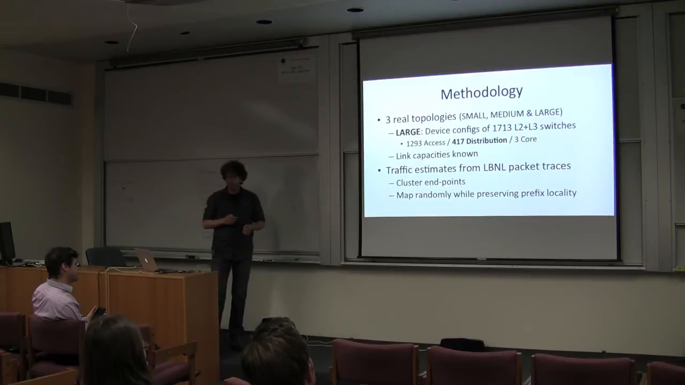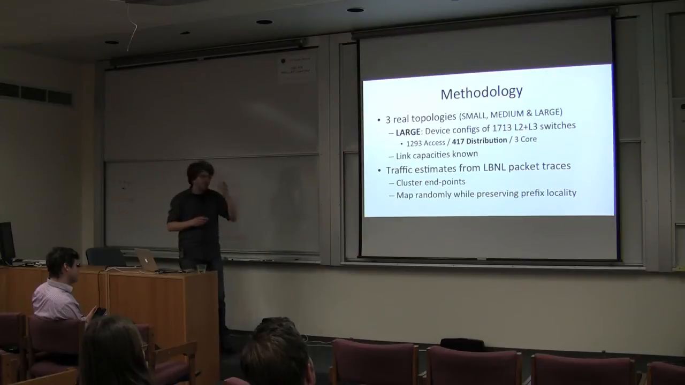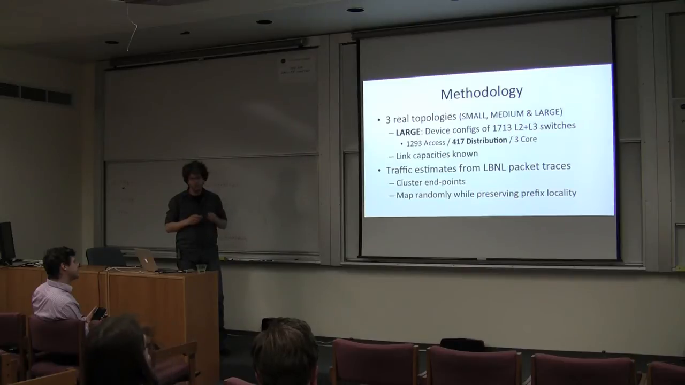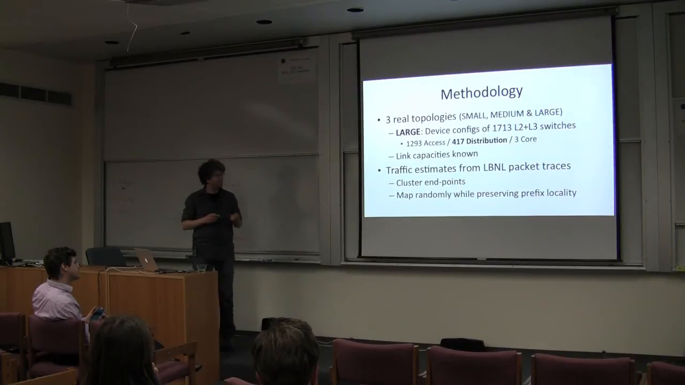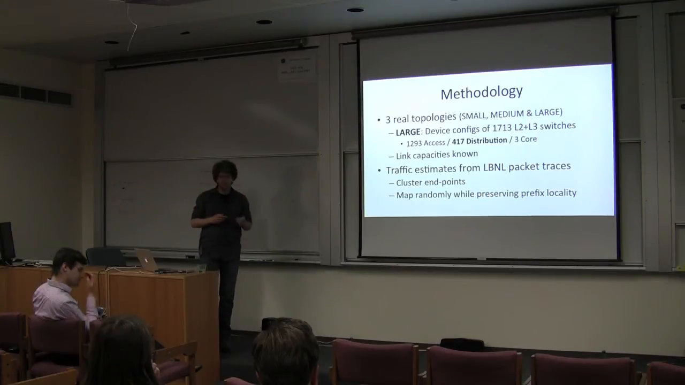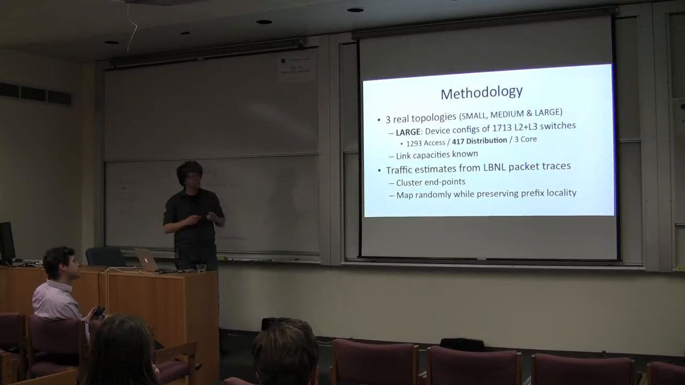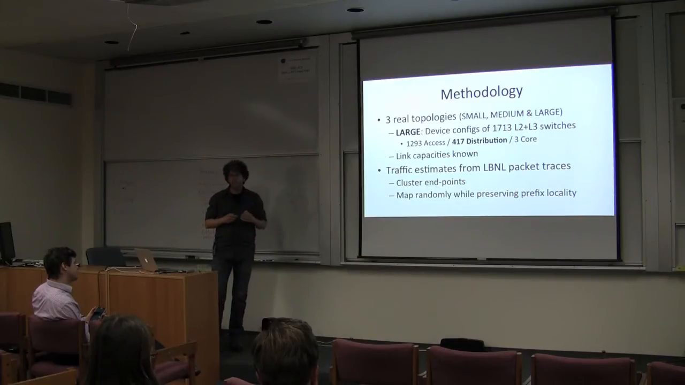So the methodology that we use in our evaluation is actually quite similar to that of Seattle, if you're familiar with this paper. If not, we start by taking three real configuration level topologies from large campus enterprise networks. The largest of which is the one that we're going to be presenting results for here. It consists of 1,713 layer 2 and layer 3 switches and routers. Of those, 417 devices are part of the distribution network, and we're limiting ourselves to upgrading only those 417 devices, mainly because we want to exclude devices like core routers, which are very specialized high-capacity devices for